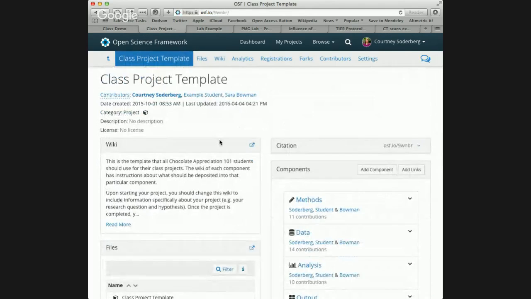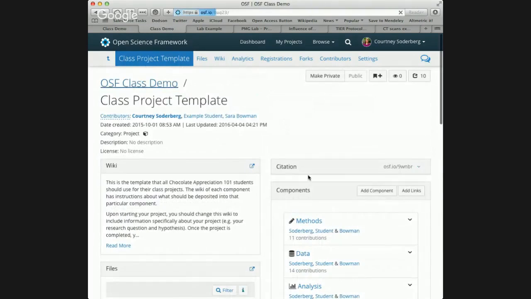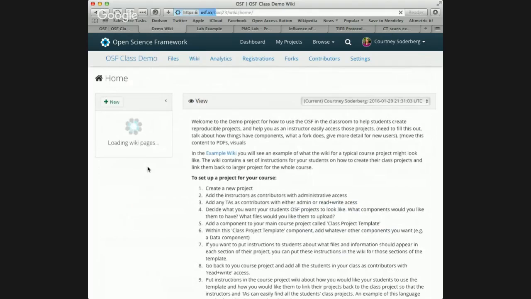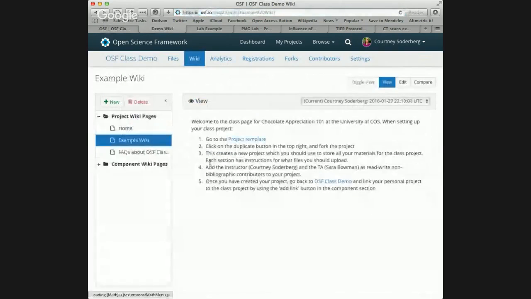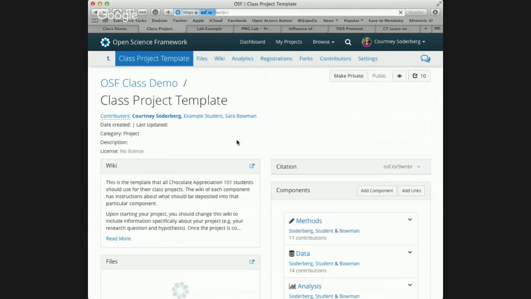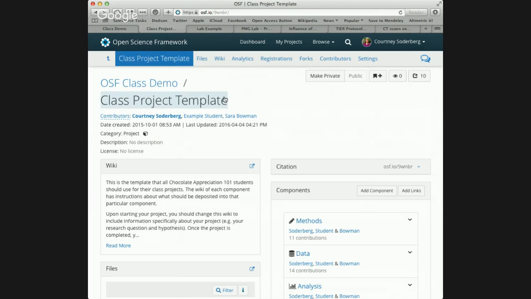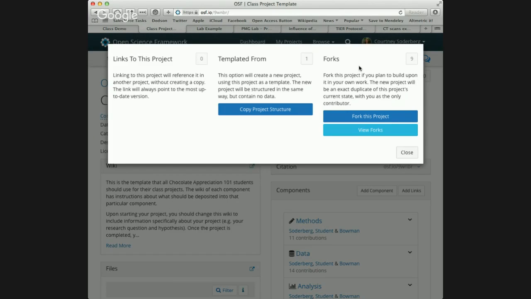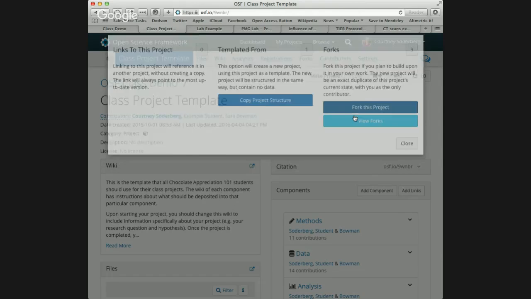So in the wiki for the class, if I go back here and go to read more, the example wiki, it says for the students in the class, go to the project template, and then click on the duplicate button and fork the project. So if I follow the hyperlink, I'm inside the class project template. If I click on this little duplicate button, it's going to give me two options. I can template or I can fork. So I'm actually going to fork this project. So if I click fork,